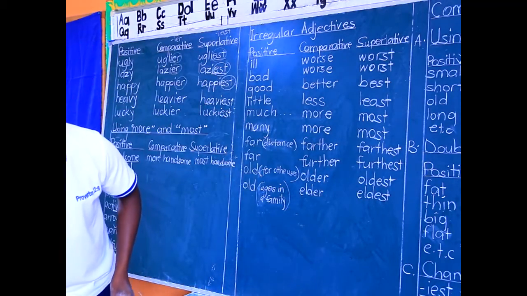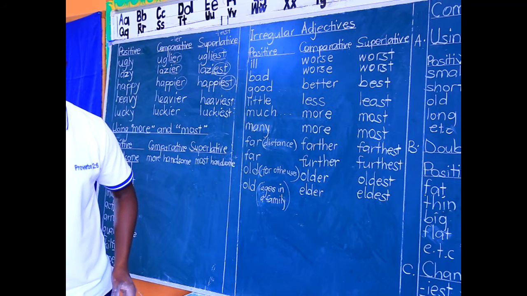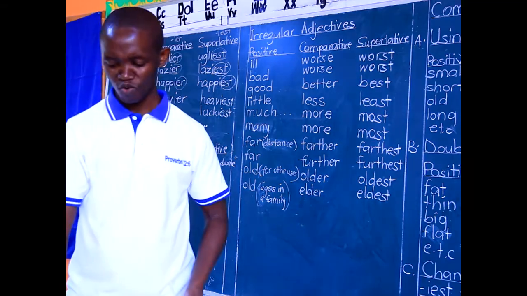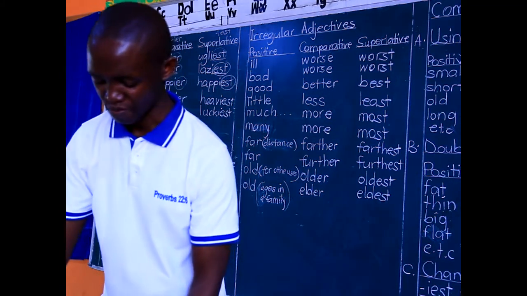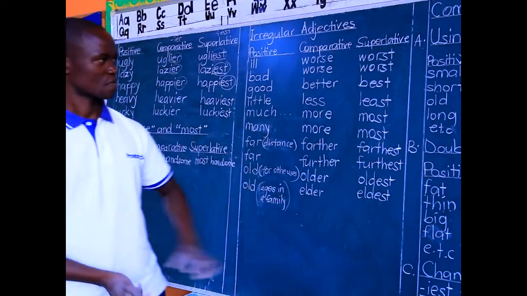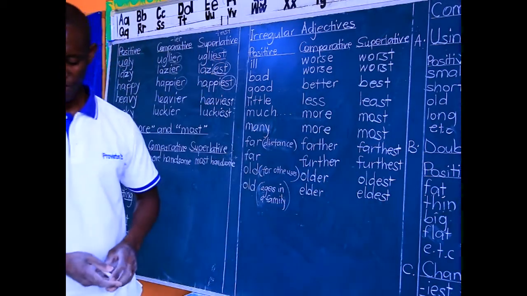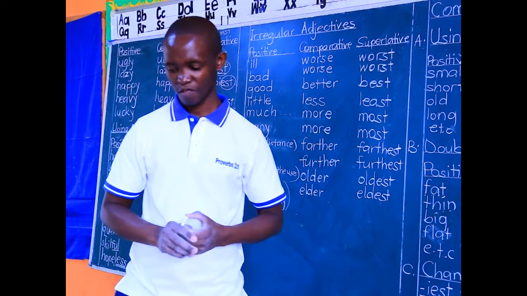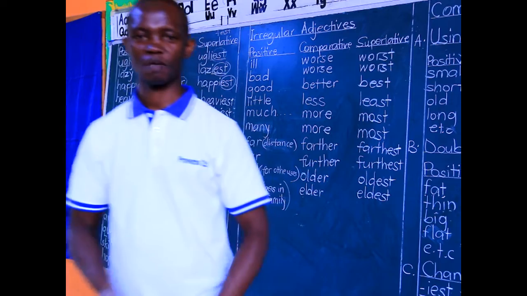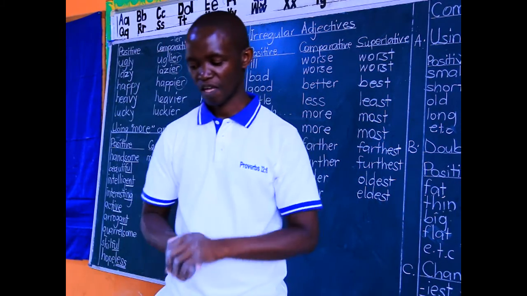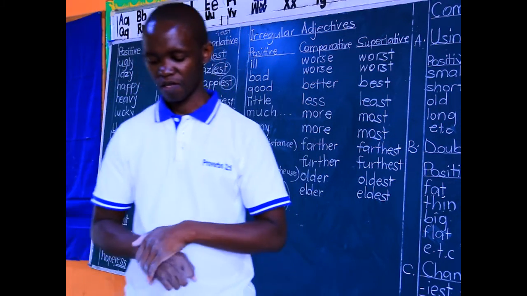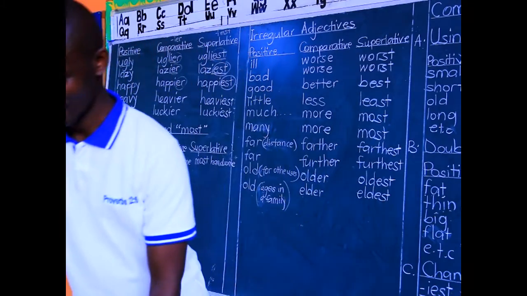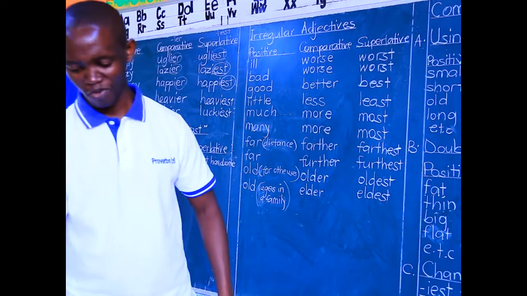Briefly, I want to say that's all I had for you about comparison of adjectives. We started with formation, then we went as far as comparison. For activities, about all this work we have been looking at, you'll check between pages 26 and 32. That's where you'll get the assignments about formation of adjectives and comparison of adjectives. Those pages are in our workbooks. Those who don't have workbooks, take time to come to school and pick one.